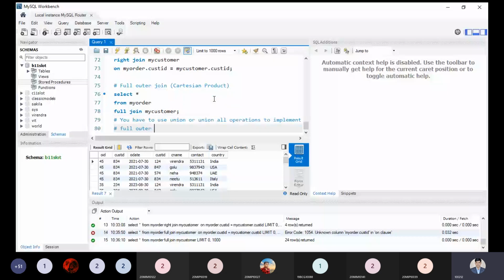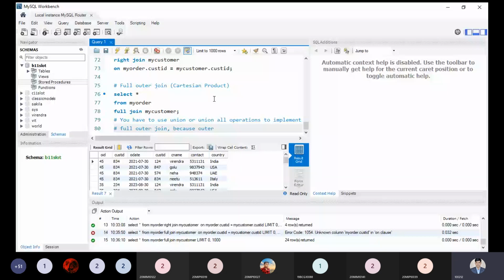The reason is clear: the outer keyword is not available. So people will use their logic and brain to implement the full outer join. So the full outer join is not easy to implement over here.